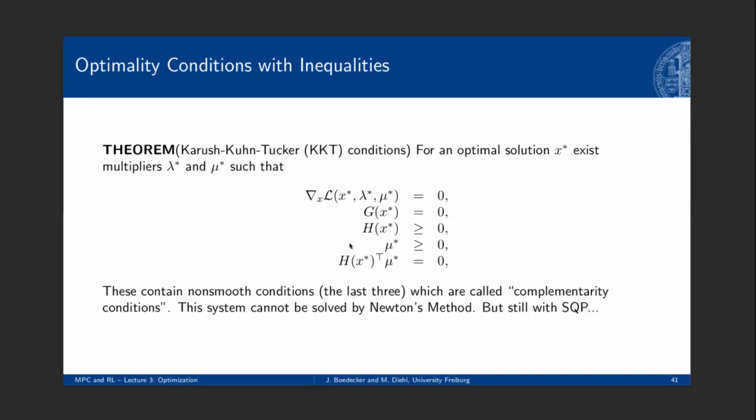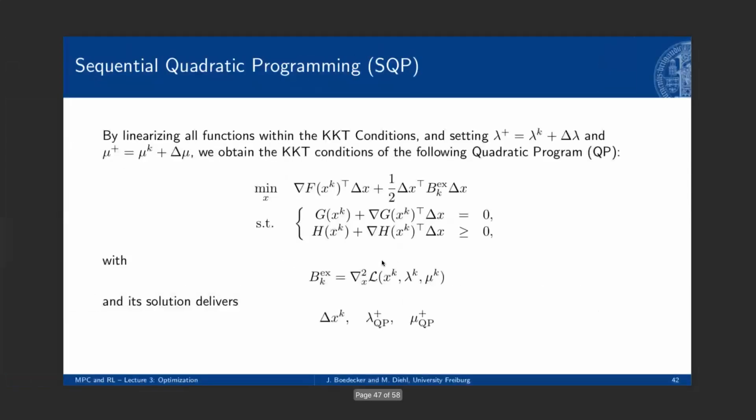But I will not detail this. It's just a system of nonlinear equations, but this is non-smooth. And why is it non-smooth? Because of this complementarity condition here that basically makes h and mu lie on an L-shaped set for each component of h. I will not detail that in much detail, but I just want to say that we can basically follow the